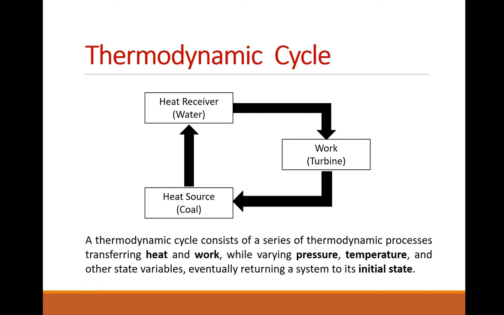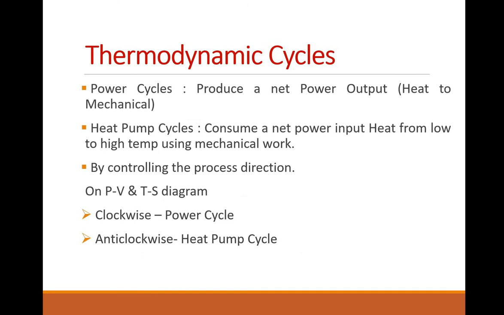In a coal-fired power plant, if we are considering, the coal acts as a heat source, which when burnt is used to boil the water and convert its state from liquid to vapor. Then that vapor is further utilized to do some mechanical work by moving the blades of the turbine, and eventually the generator is utilized to convert that mechanical work into electrical energy.